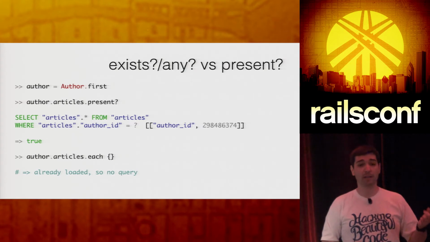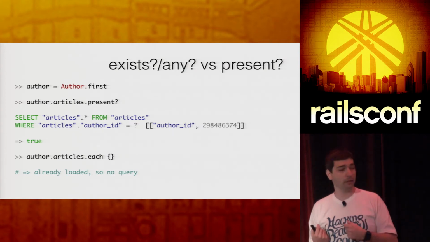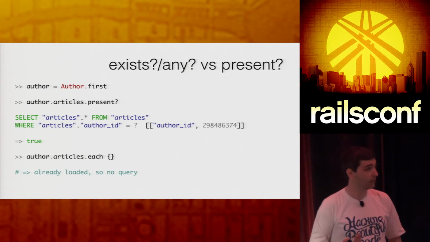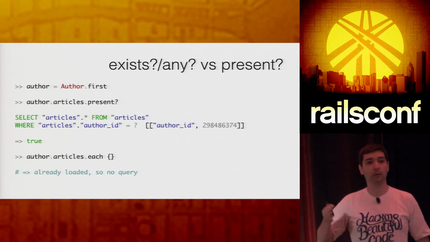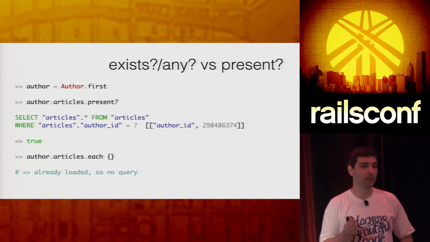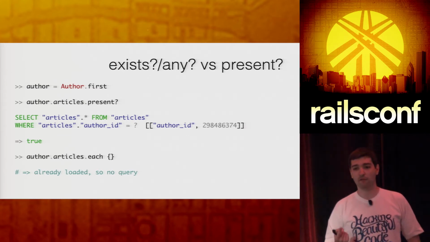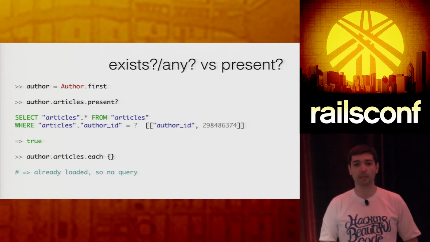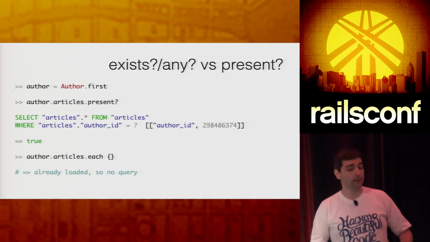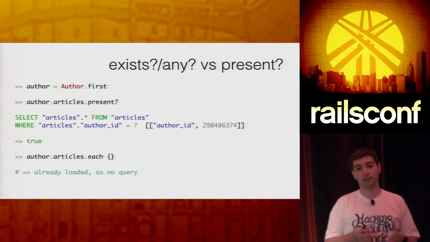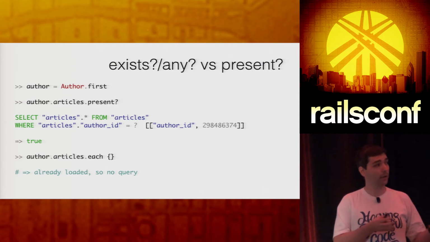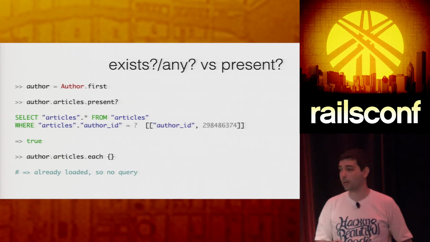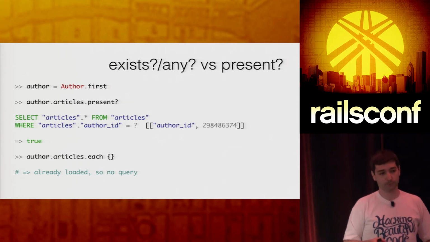However, if you use present, it's going to load the association for you in one query, all the records, right? And then when you iterate over them, it's not going to do another query because the records are already loaded, so you are avoiding one extra query to see if there is any record in the database. And any, as in the title there, works the same way as exists. So if you call either exists or any, you are doing another extra query that might not be necessary. So if you need the records, make sure you use present, right?